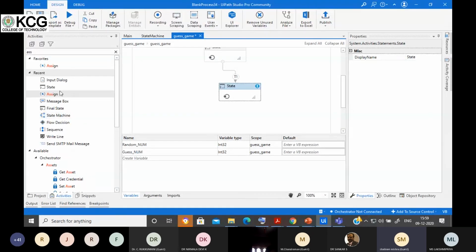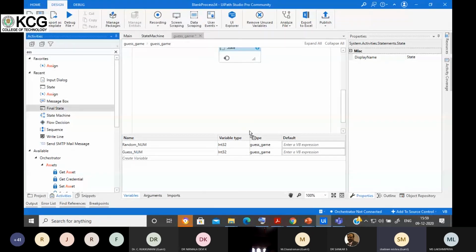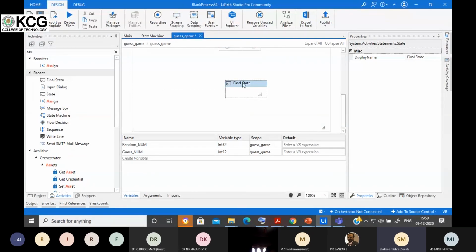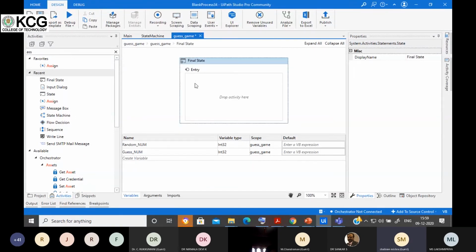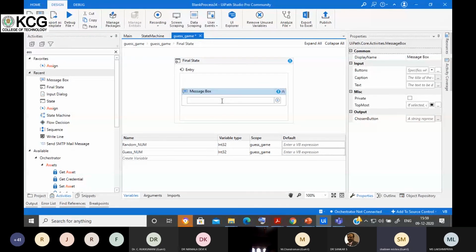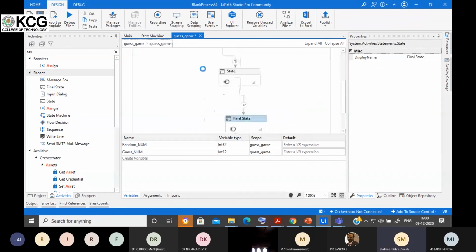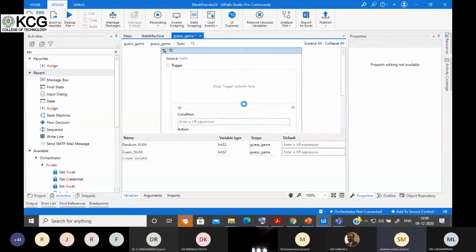So now I'll add the final state, and I'll name it game over. Now I'll add the transition, meaning the condition. Here, this T2 transition.